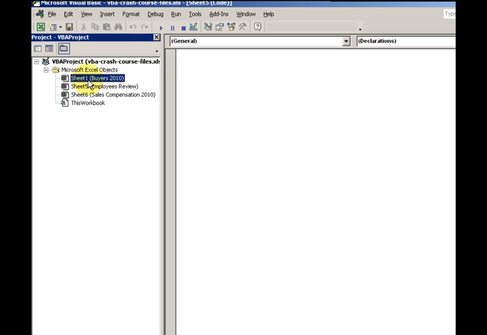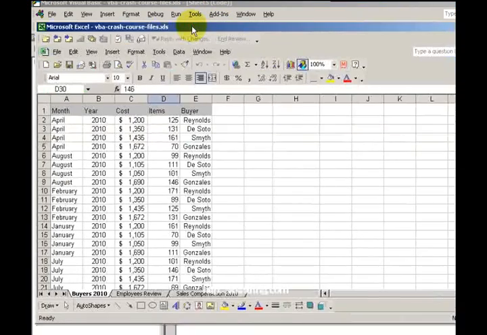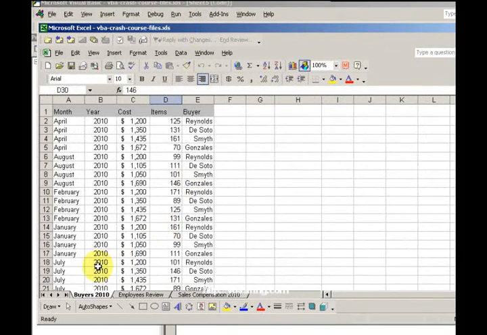Okay, we have Sheet1, that's the name Excel knows it by. This is the name that it shows on the screen itself, what the name of the sheet is. Buyers 2010, Sheet5, Employees Review. Again, I'm going to go back here and minimize the screen so that you can actually see what the sheets are. We have Buyers 2010